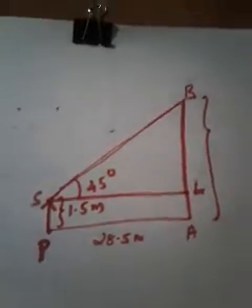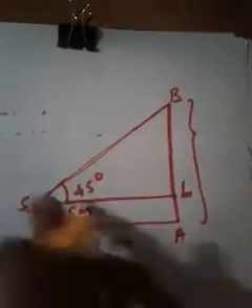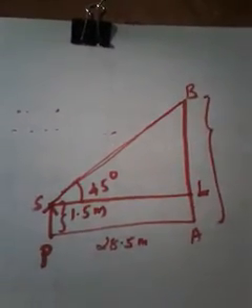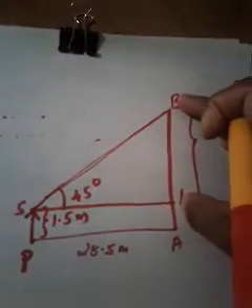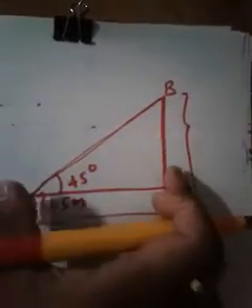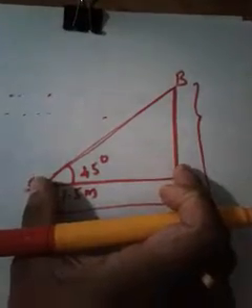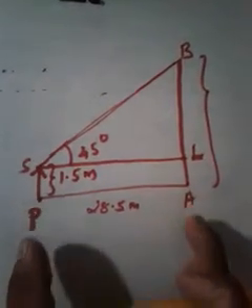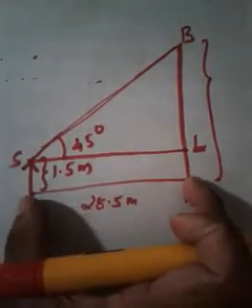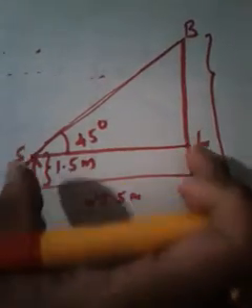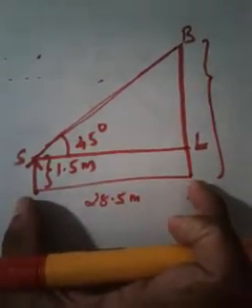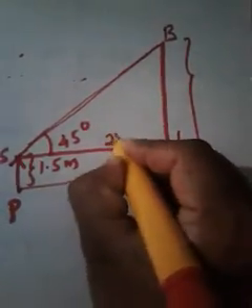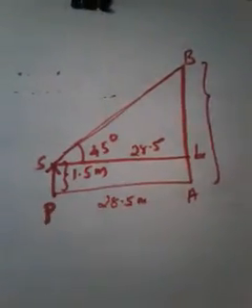Now is there any confusion? No, because there is only one right triangle. But in order to use some ratio, we need at least one side. Do you know what BL is? No. Do you know what BS is? No. Do you know what SL is? Yes, we know SL. SL will be nothing but the same as PA. From the figure it is very clear that the length of SL should be the same as the length of PA. So SL is nothing but 28.5. From the figure it is very clear, no?